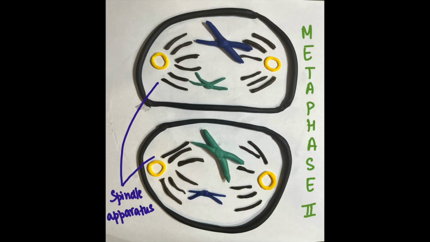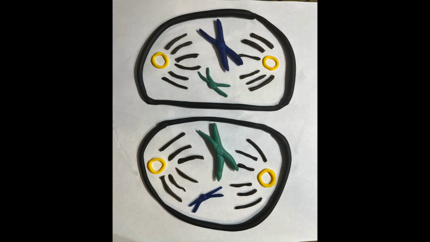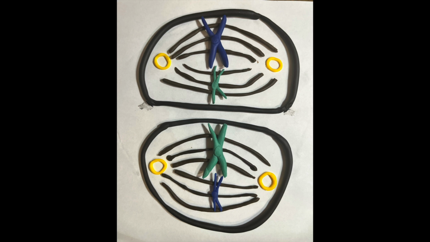Chromosomes line up in the center of the cell. The spindle fibers attach to the kinetochores. Metaphase 2 is also responsible for generating genetic diversity in offspring, as each gamete produced by an individual will be unique due to the random orientation of chromosomes during metaphase 2. The cells produced after metaphase 2 are haploid, which means they contain half the number of chromosomes as the original